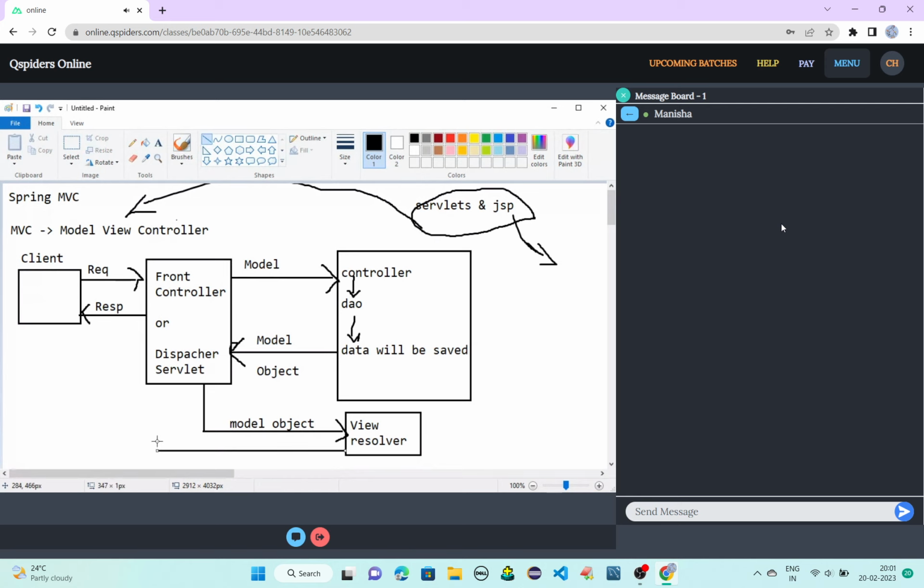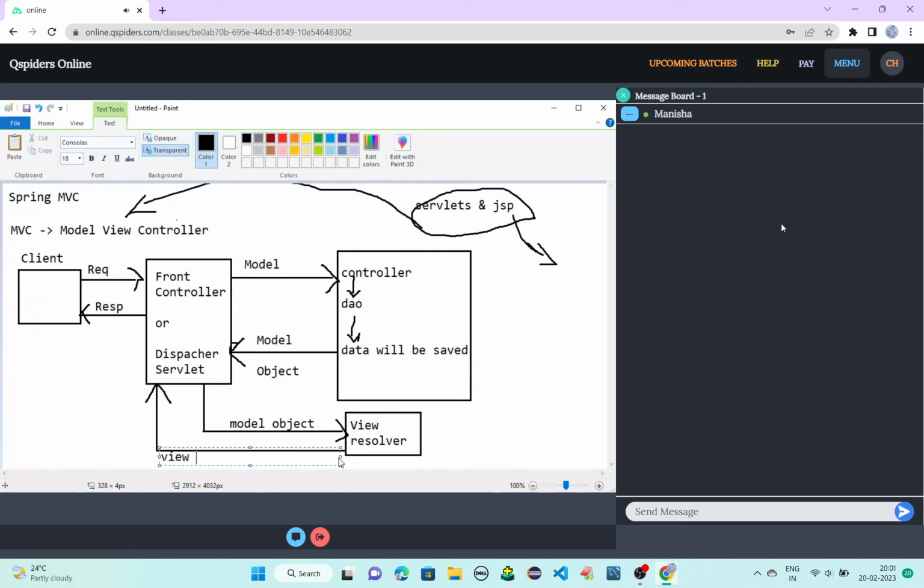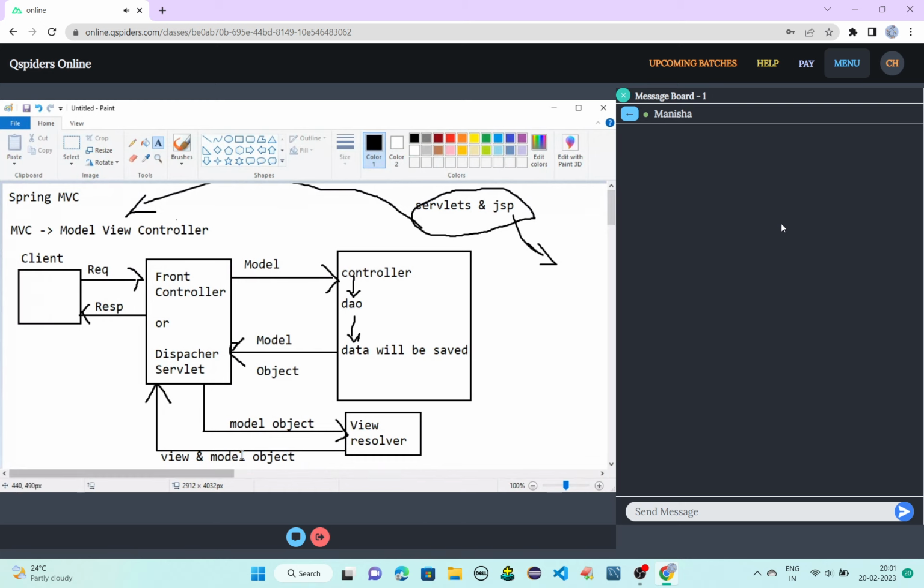So view resolver will send view and model object, and this view and model object will be sent in form of response to the client, so the browser can understand it and according to that it will display it to the client.